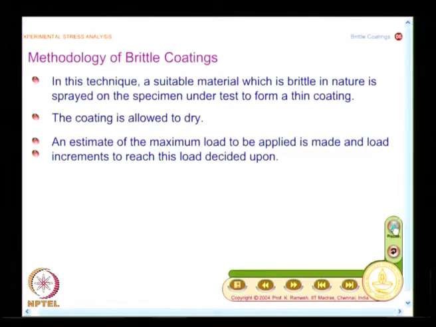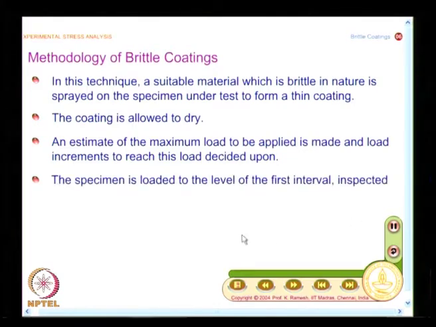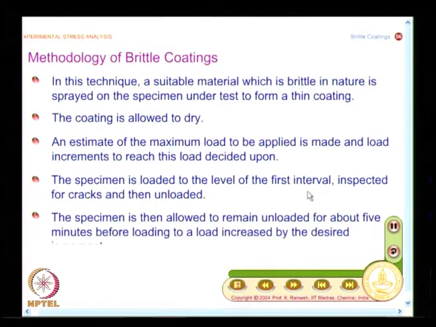Then what I do is, I load the specimen to the level of the first interval, then go and inspect for cracks and then unload it. Either unload or keep increasing the load. I could do any one of these approaches. So, what you will have to look at is, after the first interval you have to inspect for cracks,